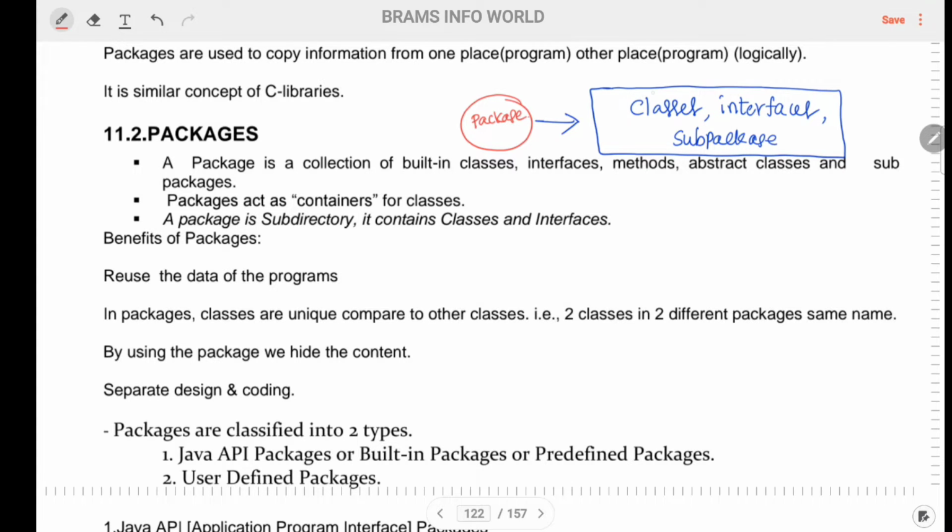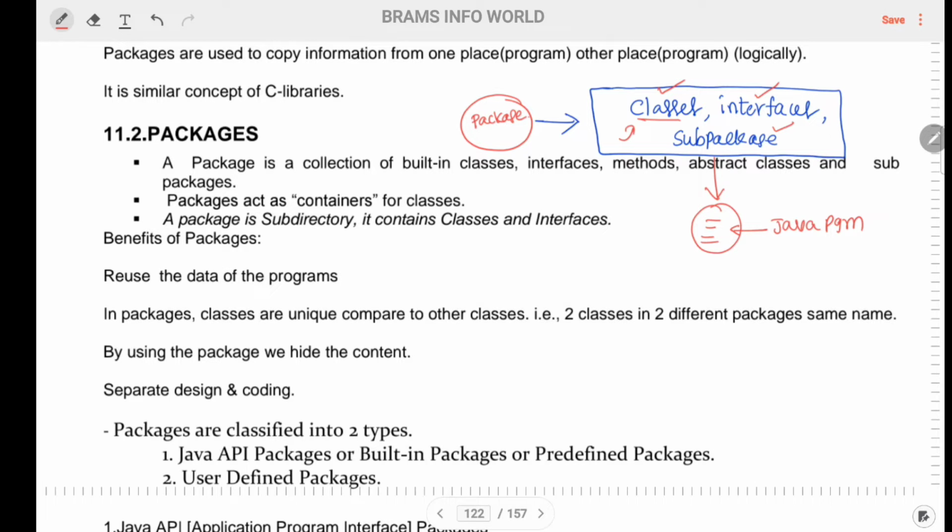So a package is a collection of classes, a collection of interfaces, and a collection of sub packages. This package is used to design our Java program. If you want to write a Java program which is software oriented or program oriented, this package contains all of it.